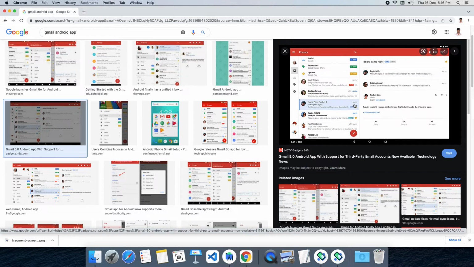The user can interact with that. Whenever you add a fragment to an existing screen, it will call some callback. Whenever you remove that fragment from the existing screen, it will give some callback, so that you can take some decision according to that. So this is all about fragments, friends.